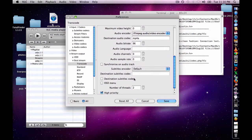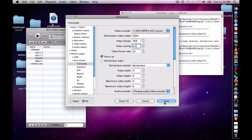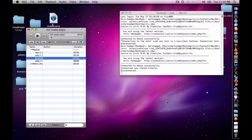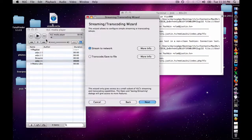I haven't really played around with it that much, but I went to 0.5. I didn't really change the other settings, and I don't think it really matters because you can set them when you're setting up the stream. And I think that's all we need in settings. So you got that, and then you're going to want to go to File, Streaming Export Wizard, Stream to Network,